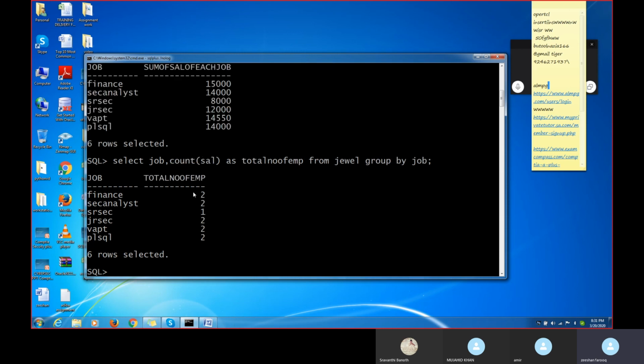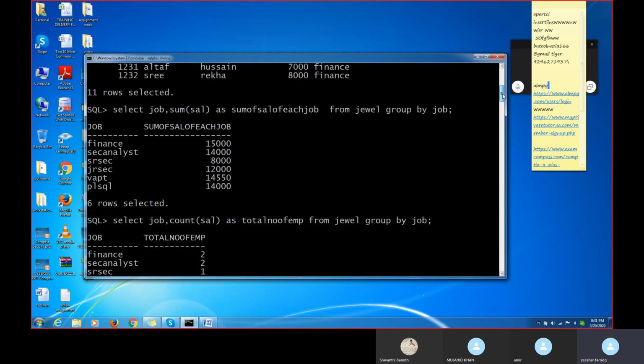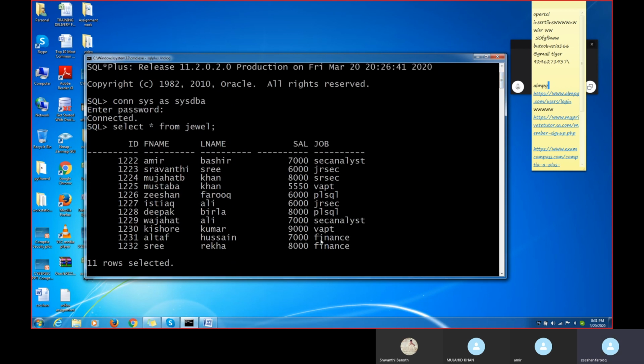Finance, how many people? 2 people. Senior security analyst, only one. VAPT, 2 people. PLSQL, 2 people. Count it in our table: finance 1, 2. VAPT 1, 2. Senior security analyst, only one.